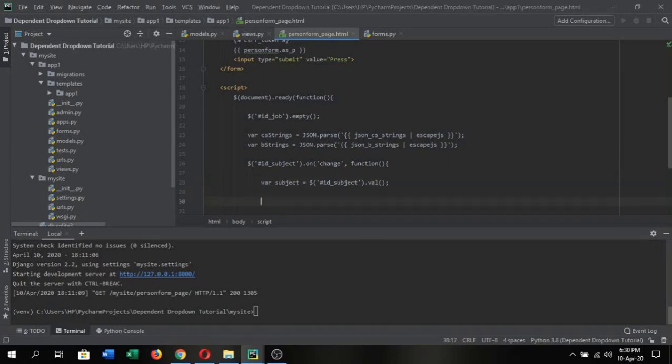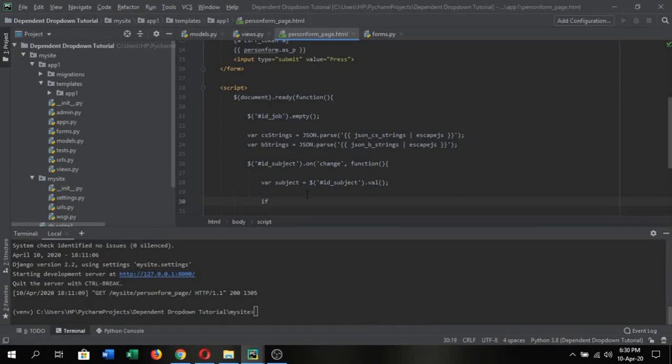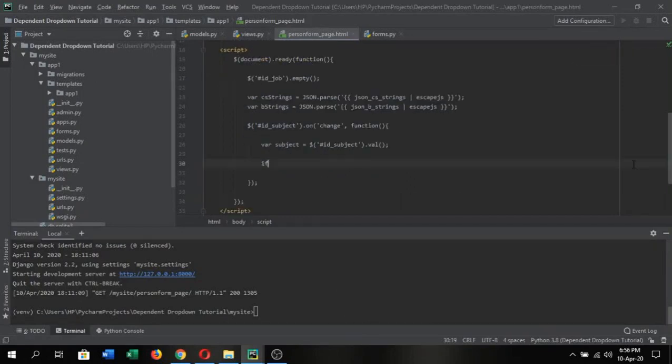Now what's going to follow is simply a series of if-else statements, which says if subject has this value, then job should have these values, and if subject has the other value, then job should have these other values. So let's go ahead and do that. Now let's write our if-else statements. Since we have the value of subject, we're going to use that. If subject equals computer science, then